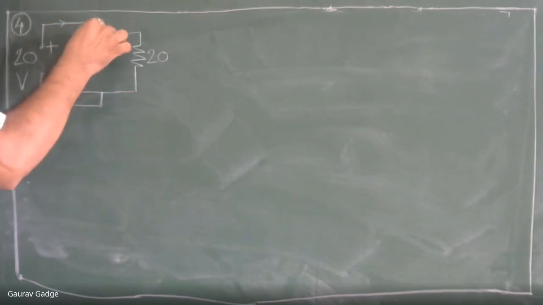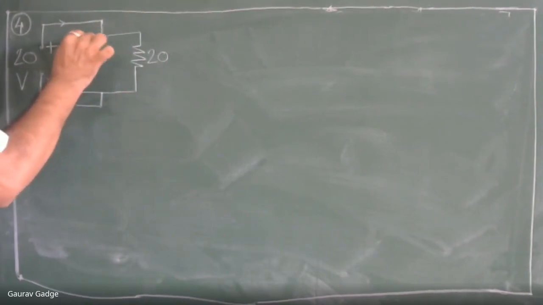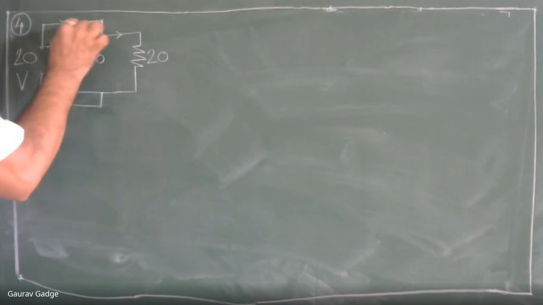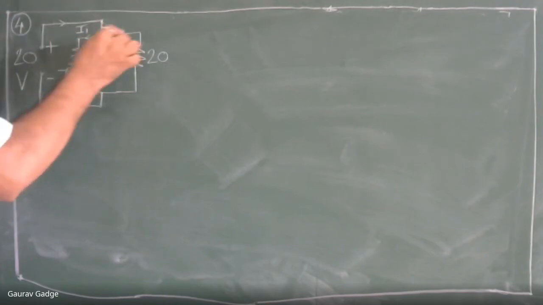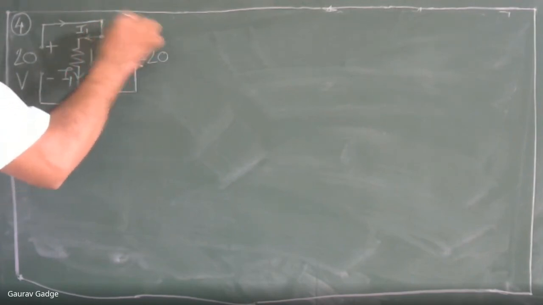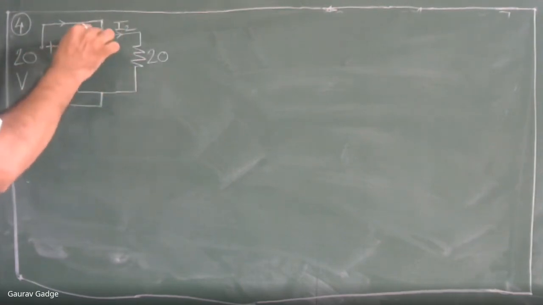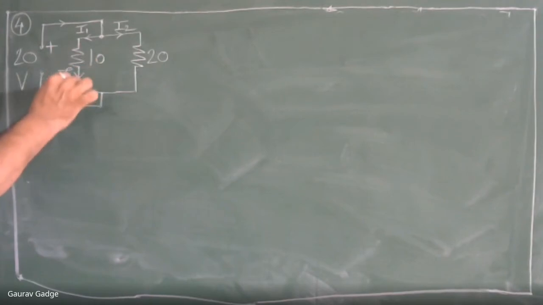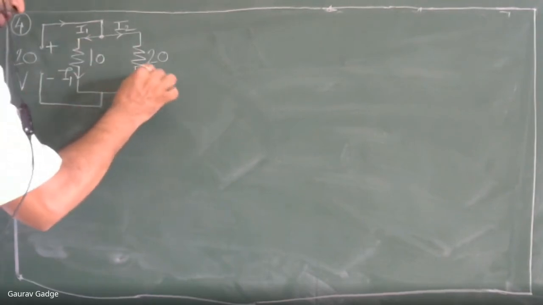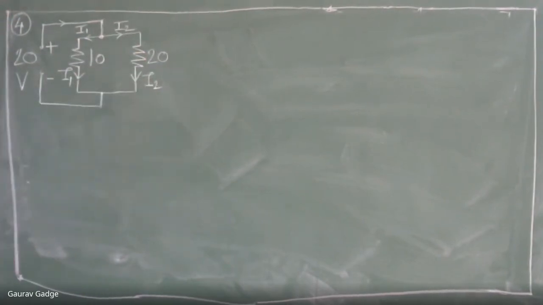Okay, and then it reaches this particular point. At this point, the current is divided into two. Let us say the left hand side current is I1 and the right hand side current is I2. As the orientation of I1 is downward, the orientation of current I2 is also downward. In electrical, the orientation of current plays a very important role.